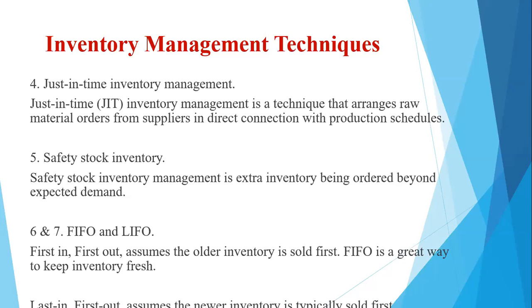Now, considering the same example, if we are opting for the LIFO method. The LIFO method refers to last in, first out. That is, the inventory which is received in the last lot or the last batch is to be issued first. This assumes the newer inventory is typically issued to the production processes first. So with respect to the same example, in case the organization is following the LIFO method of issue or costing of inventory, what will happen?